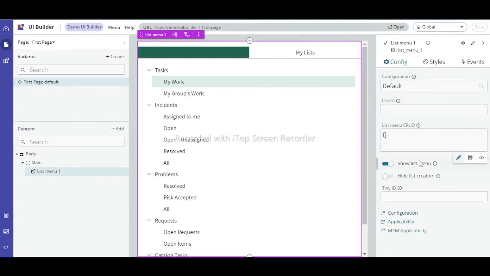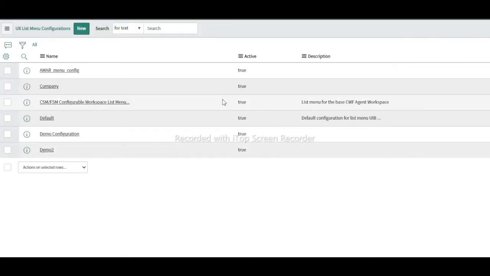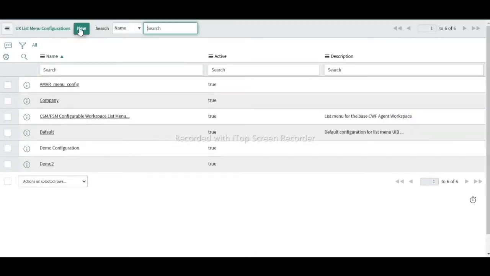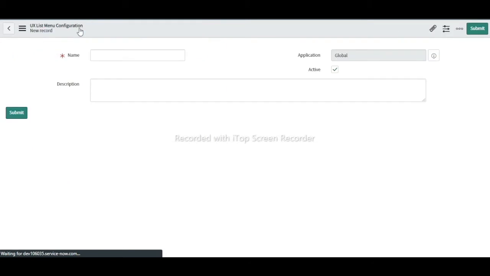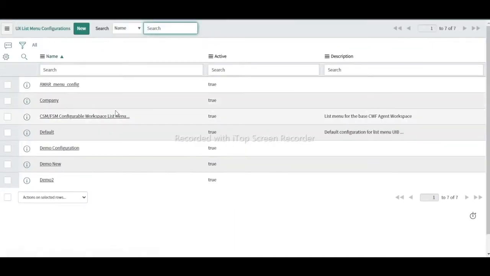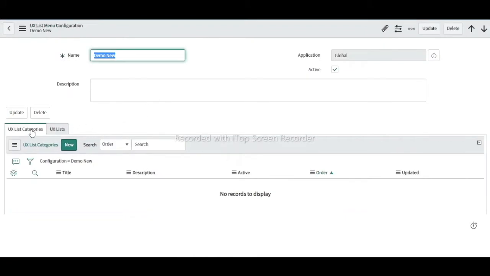To create a new configuration, what you have to do is come here on the right top, click on configuration. So you need to create a new configuration, which is UX list menu config table. Then I'll just submit. So go to there. So if you see here, UX list category, UX list, this is nothing but, if you